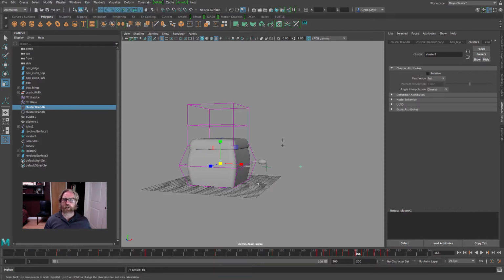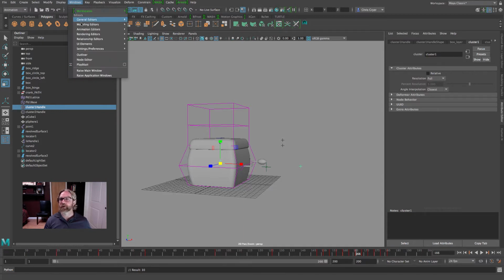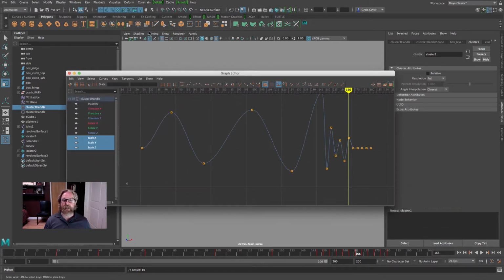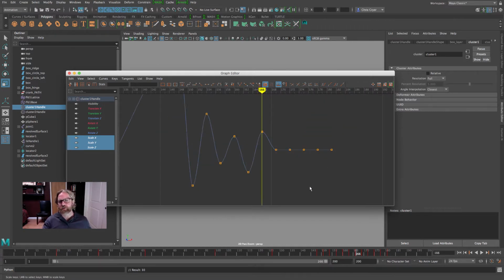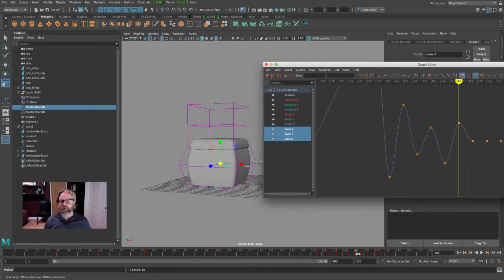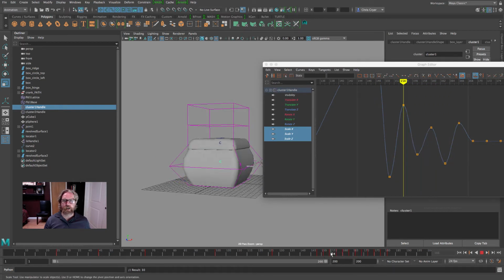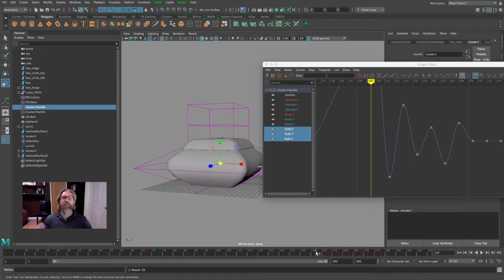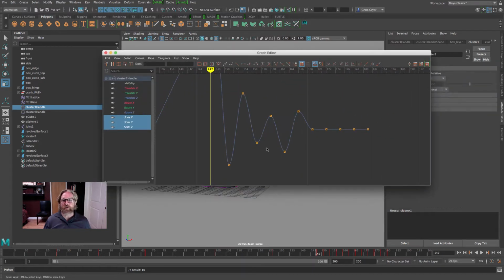Now, at this point, you could just come into the graph editor to complete this, since we've got the keys already there. I can also see that when I was doing it just by sight a moment ago, we want this to be progressively less and less. So this would look funny. This is not as though the energy is coming out. You can see that here it's doing more than previously. We want the energy to come out of the action. So in other words,